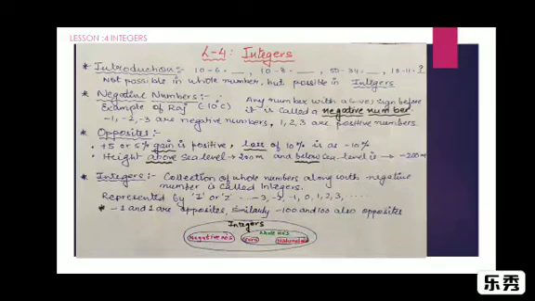Similarly, the D example, the temperature of a city drops to 15 degrees Celsius below 0. I repeat, I gave you an example in the starting about Raj. The temperature he saw was minus 10 degrees Celsius. And here the temperature is written as 15 degrees Celsius below 0. When we say below 0, I mean we move towards the left of the number line. Minus 1, minus 2, minus 3, and we go on in that order. We reach till minus 15 degrees Celsius below 0. So when we say minus 15 degrees Celsius, I mean to say it is minus 15 degrees Celsius. I hope the content till this much